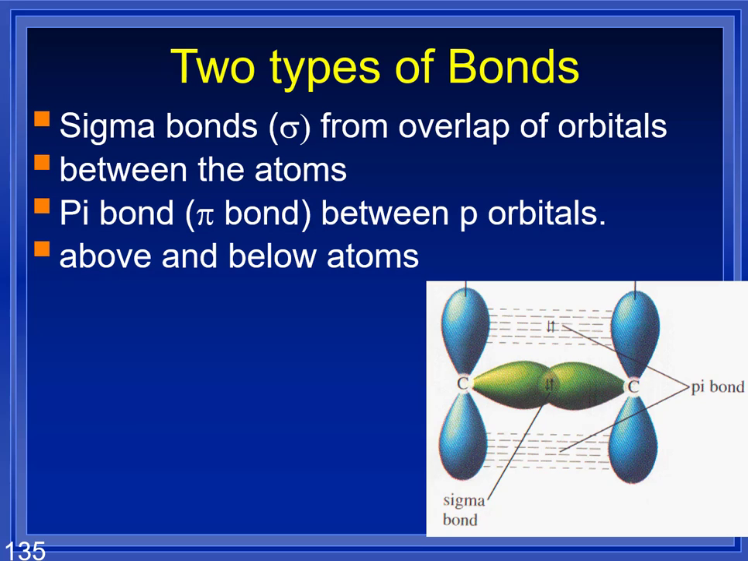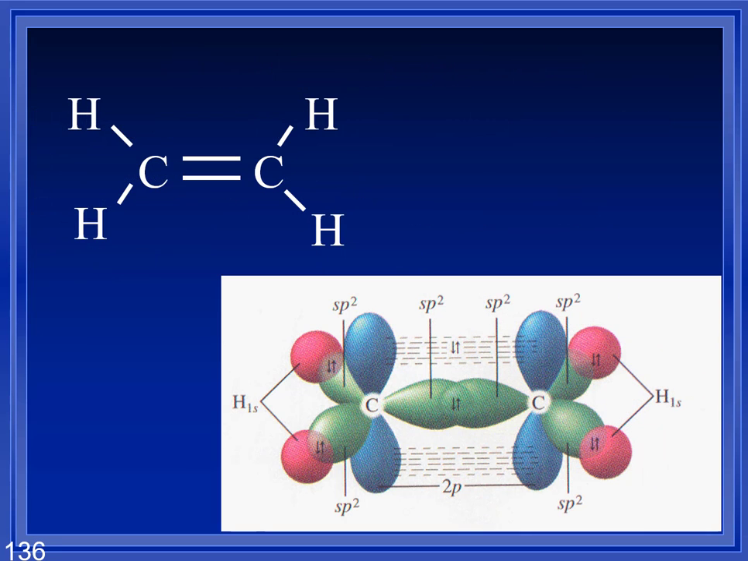So I got two types of bonds. The stick makes the sigma. Those leftover p orbitals make the pi bonds. So when we draw this, it's really closer to that, where my single bonds are sigma bonds, and my double,